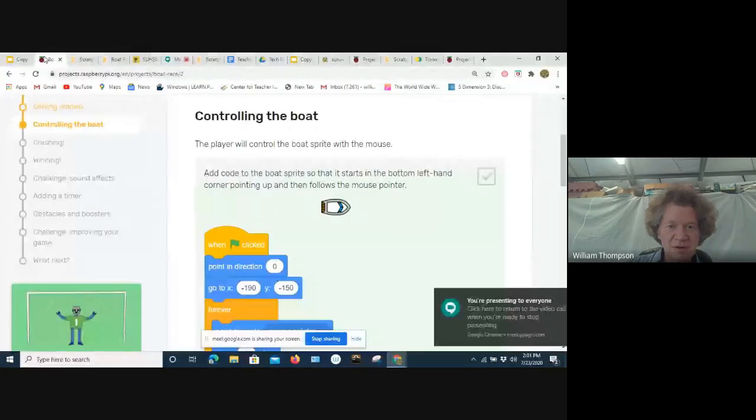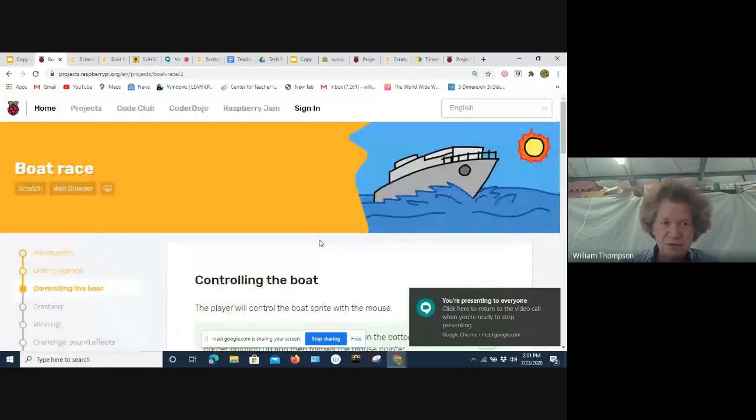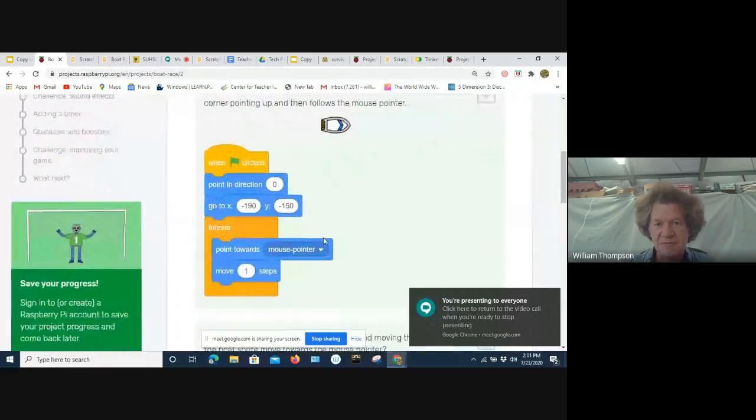Can you show your screen again so I can see which pieces you put in? You bet. But keep in mind also, if you're here, I'll share first. So I'm going to share my screen on the Scratch website, but I also want to call your attention to the activity we're doing from the Raspberry Pi website.